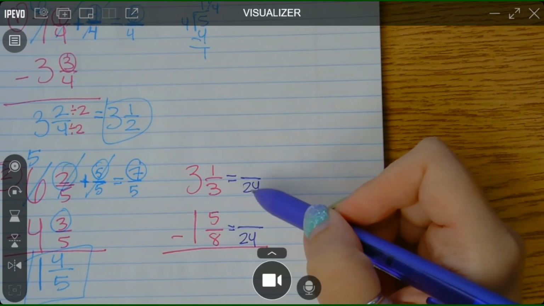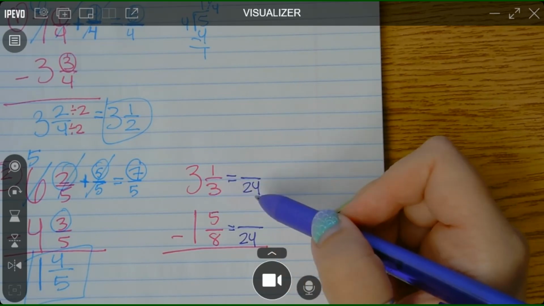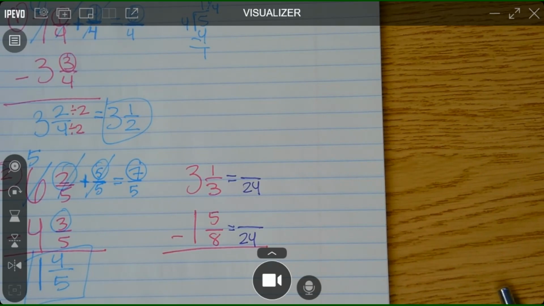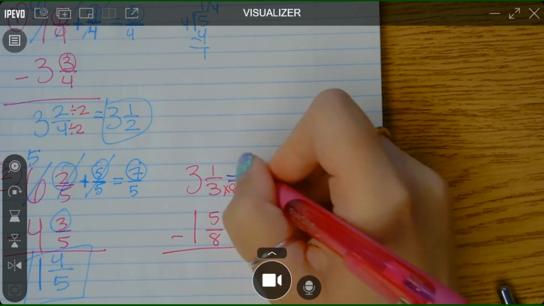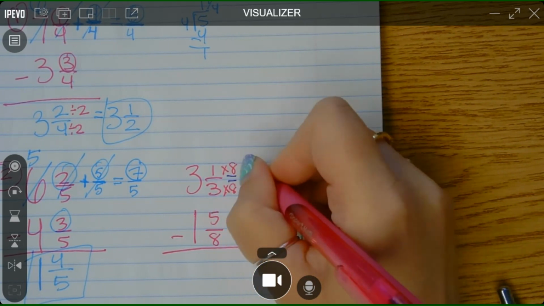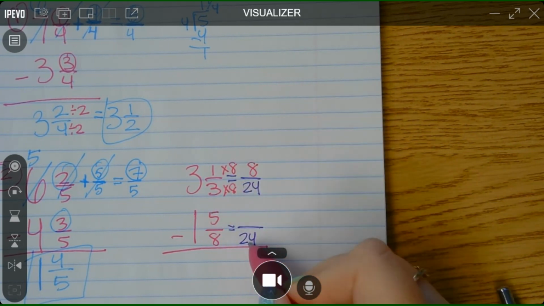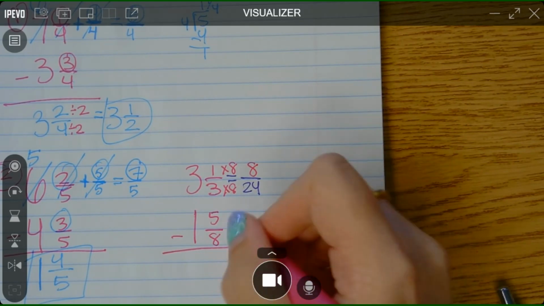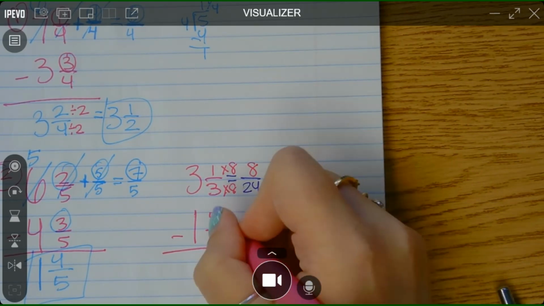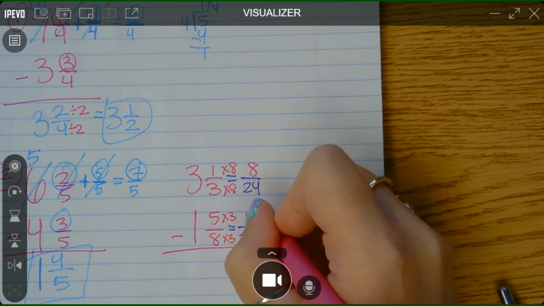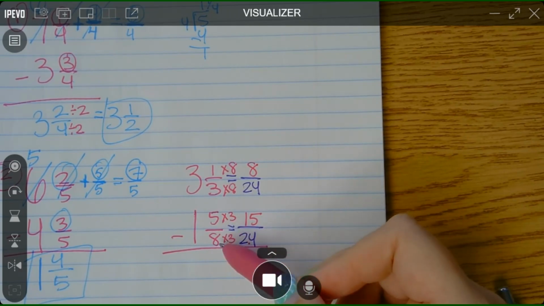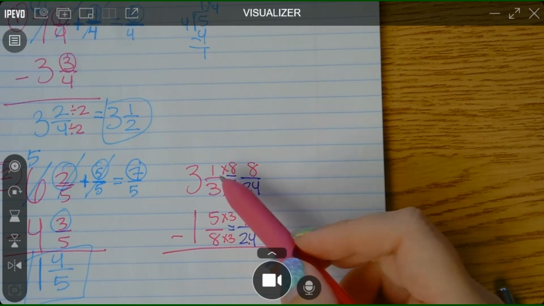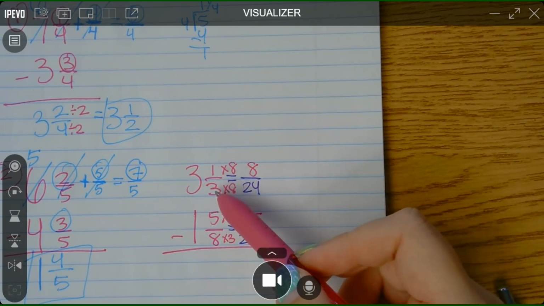What fraction is equivalent to 1/3 that has a denominator of 24? Well, ask yourself, 3 times what is 24? 8. So 1 times 8 is 8. How did you go from 8 to 24? You multiplied by 3. So 5 times 3 is 15. 15/24 is the same thing as 5/8, and 8/24 is the same thing as 1/3, because essentially I